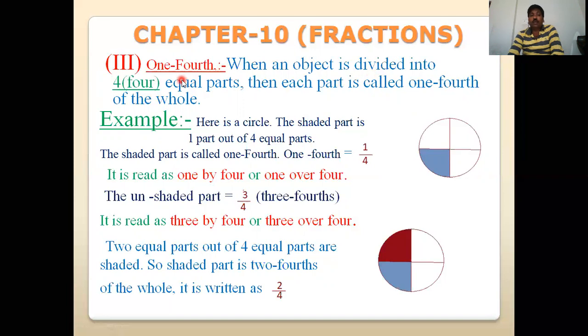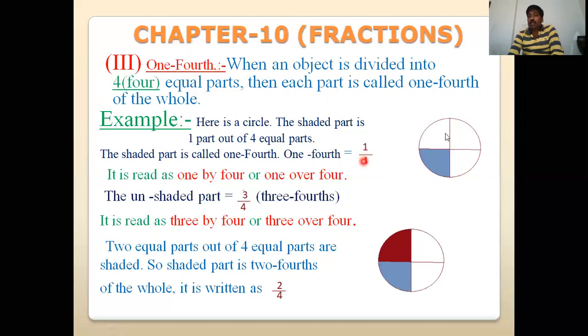When an object is divided into four equal parts, then each part is called 1/4. Now in the same way, here is a circle. I have divided it into four parts: 1, 2, 3, and 4. If we want to write the portion of the shaded part, we write 1 by 4. Once again, 1 is the number of shaded parts, and 4 is the total number of the